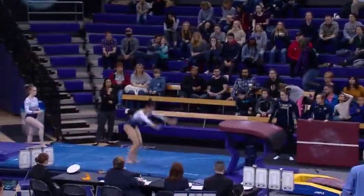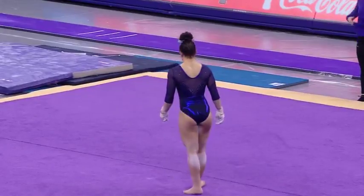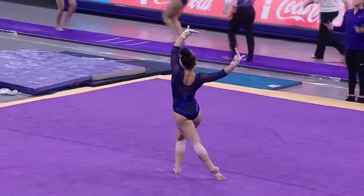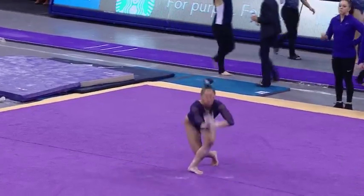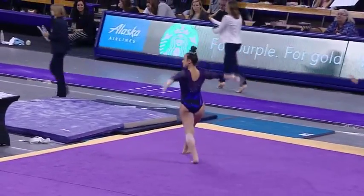Excuse me, great first vault there for UC Davis, Gabby Landis. As we get a start from Michaela Nelson, I was looking in the record book. That beam score was a quarter of a tenth off of the Huskies' beam record. Their all-time record is 49.5. So I feel like that is